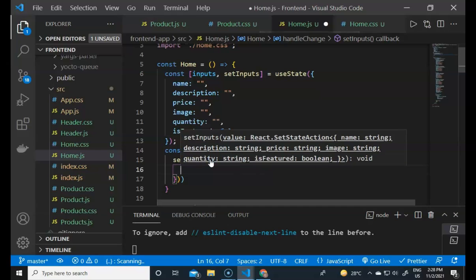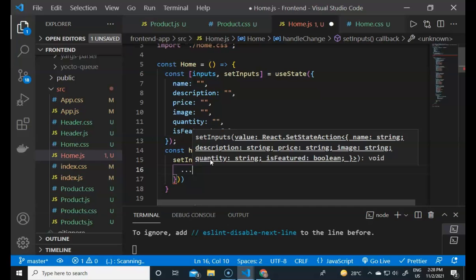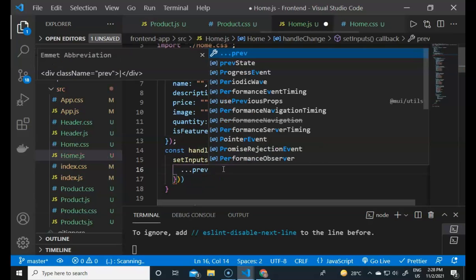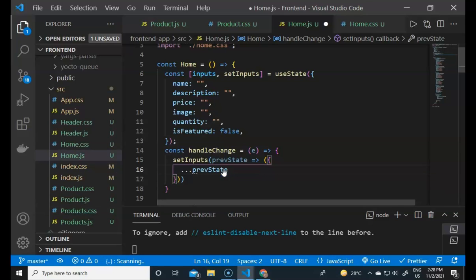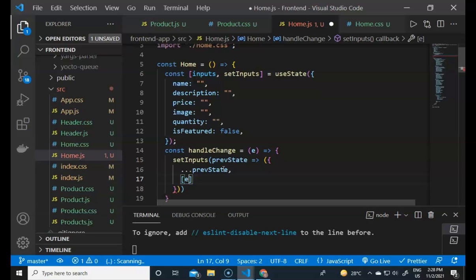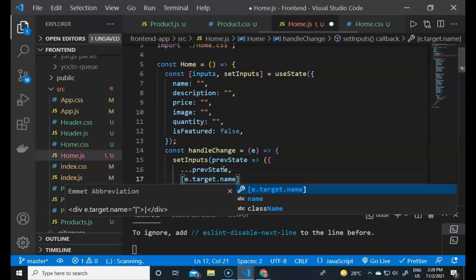Now it is an object, so it will use the spread operator, and the spread operator first will contain the previous state we have defined, and then the second values, like the property name, like this is the property description, to access the property in the object. To access the property it will go to the event, the e parameter that we have got, event dot target dot name.